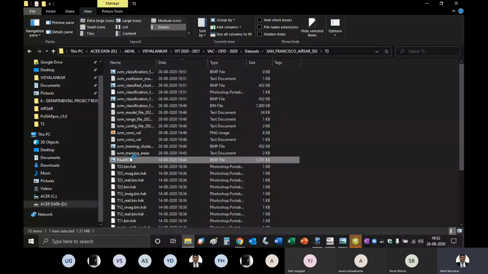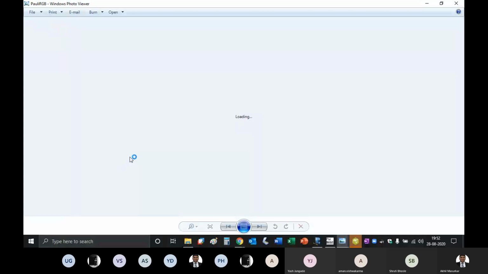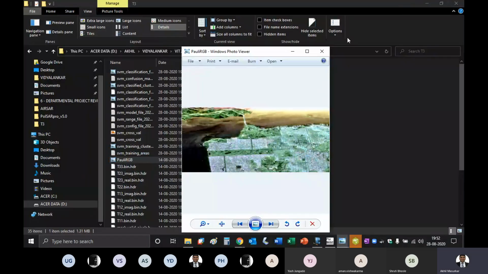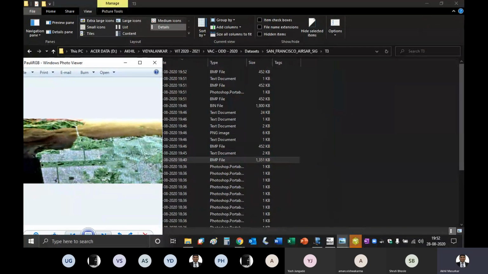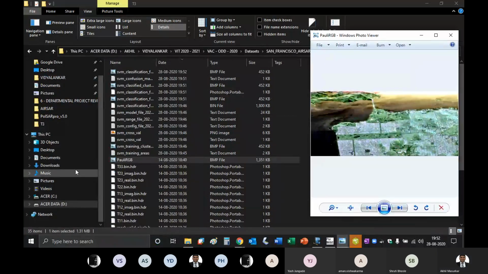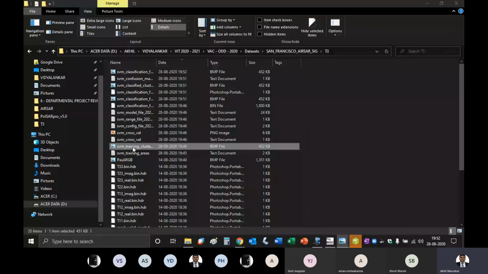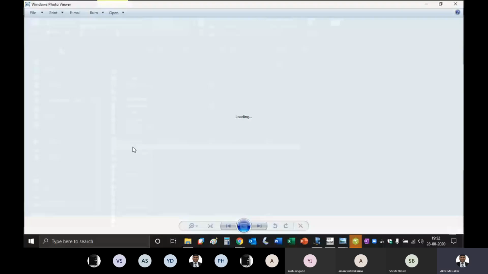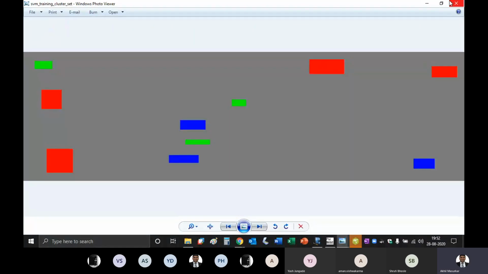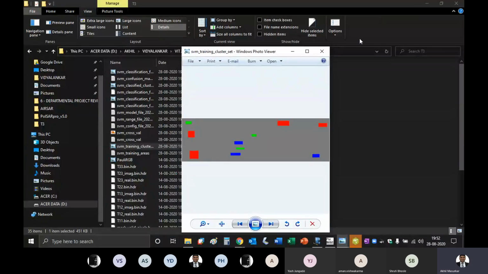So this was my poly RGB. Then I had my SEM data. So this is my training areas.